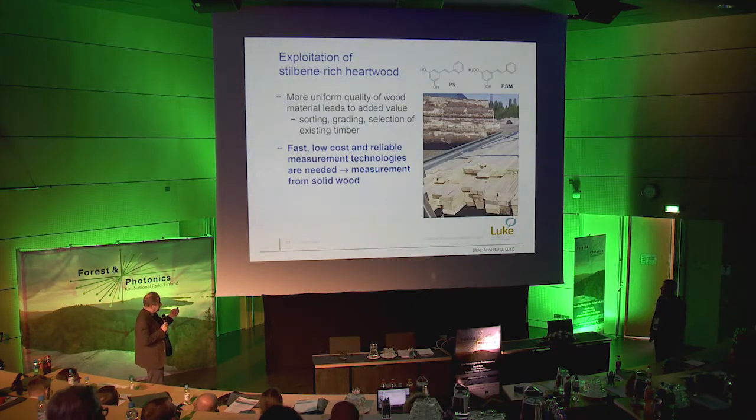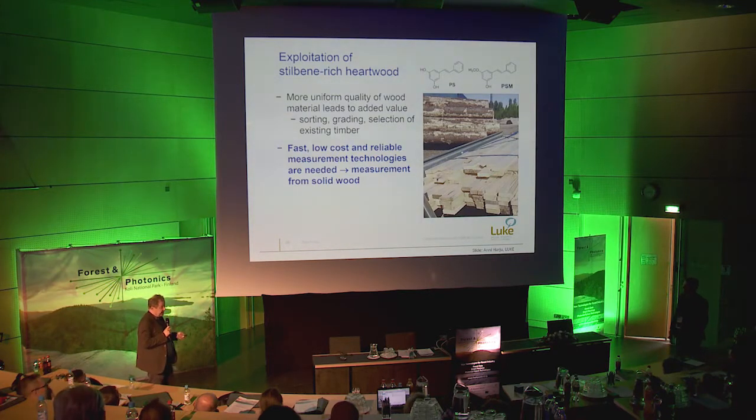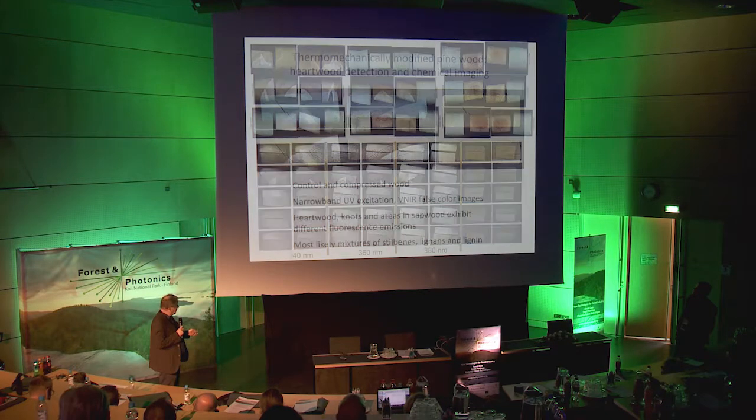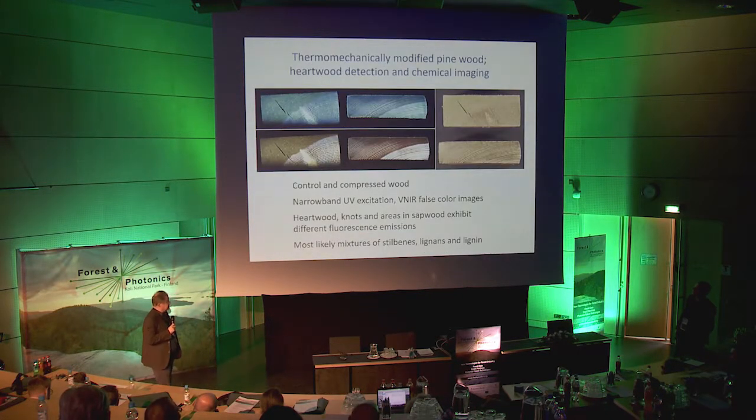So basically, the motivation for this is that if you're going to utilize the heartwood efficiently, you have to have fast technologies to do that for solid wood when you're actually manufacturing these. And now I only have a couple of slides, 3 images, okay. So thermomechanically modified pine wood, a current thing going on. And what we see over here is that there's one that is not compressed and the other one is thermally modified and compressed. And we can see that there are different fluorescent signals over there and some color differences